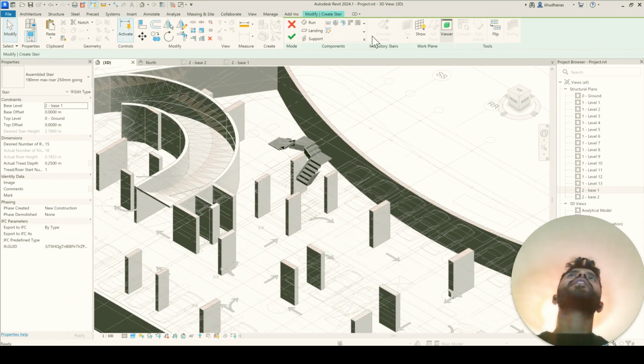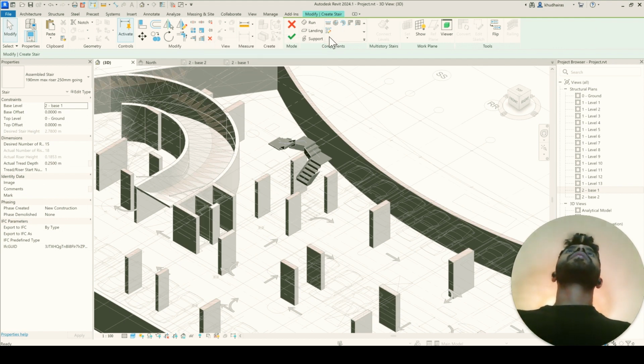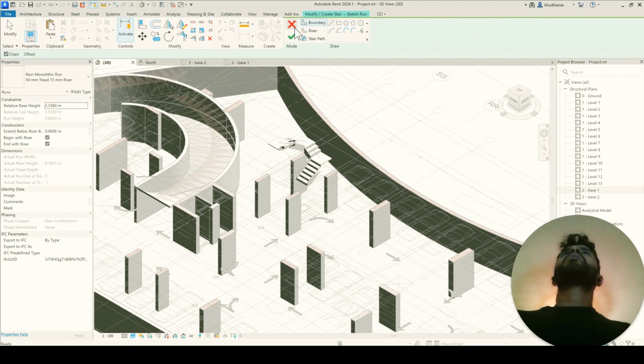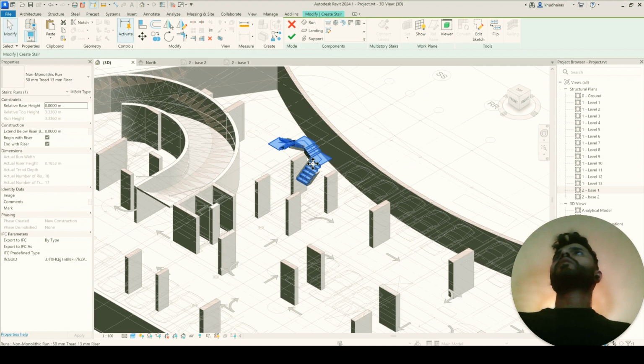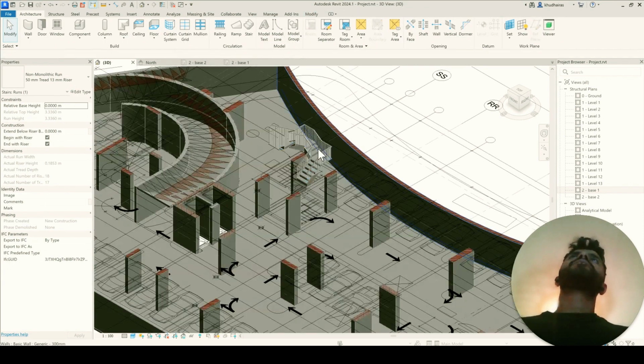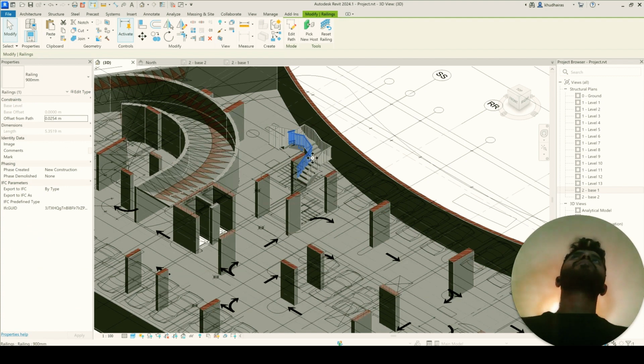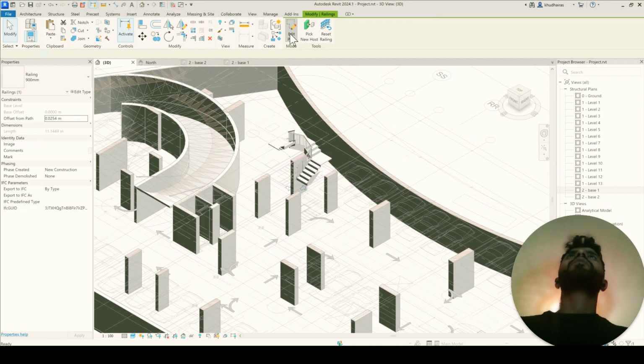So I edit the stairs. I'm going to remove the railing. So for the railing, if we select this, press on the railing, so edit path.